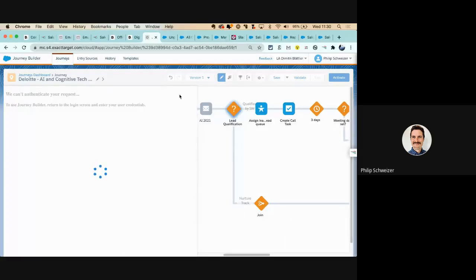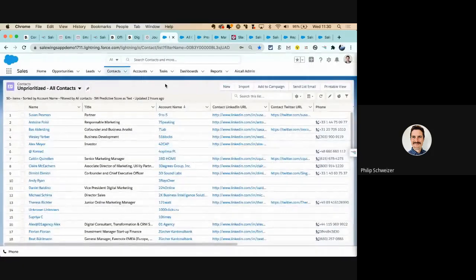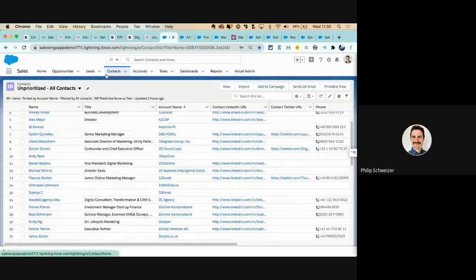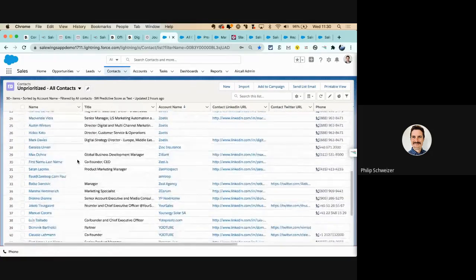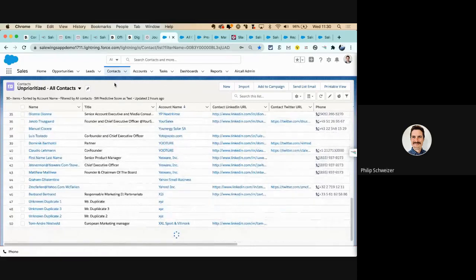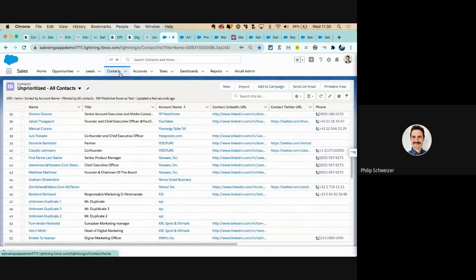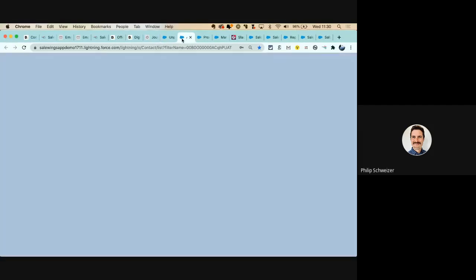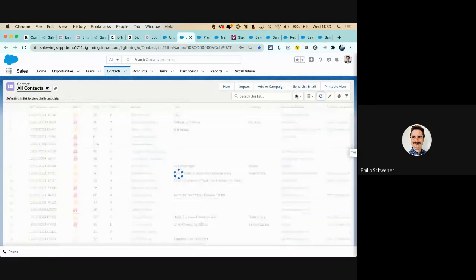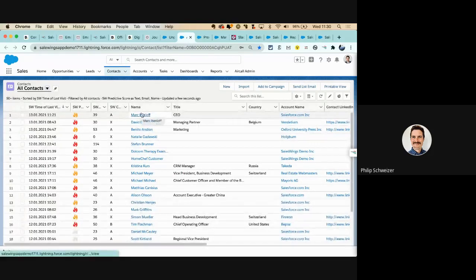All right, well, so Murphy again, let's see if that's going to load. Now, how does that look in the Sales Cloud? So marketing's doing their thing, lead has been handed over. A lot of clients we see, they're working around lead lists or contact lists that are simply hard to prioritize. It's just everything looks the same. SalesWings allows for prioritization of leads, contacts, also accounts, and opportunities. So with SalesWings, a lead like that would of course then look different. So we see here Mark showing up at the top of the list.